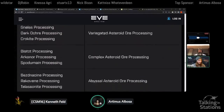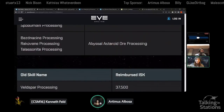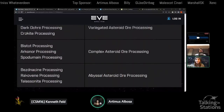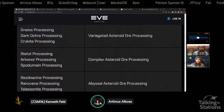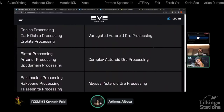Yeah, absolutely. Plus, not to mention the impact on the reprocessing folks. So if you're a reprocessor and you had all these skills trained, put them back in, you'll still have some extra left over, which is awesome. All the good stuff for the new players in the mining. Plus, the thing I just can't get over with these new crystals, not only is it simpler and cheaper and faster,